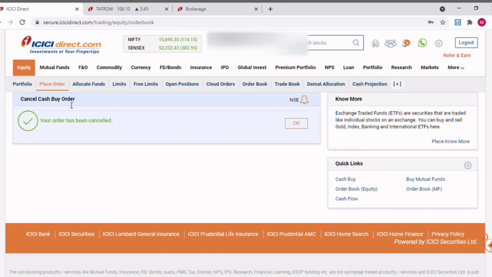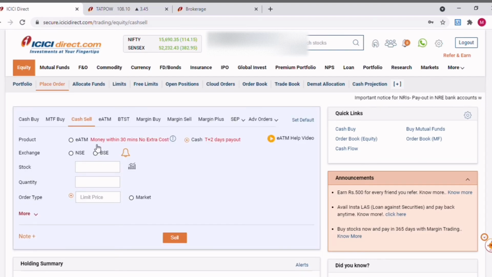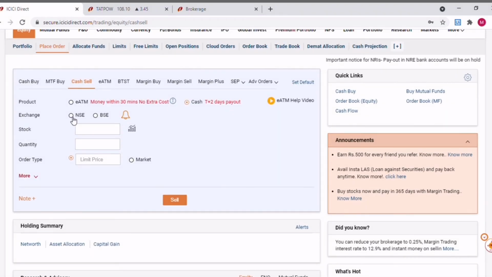Similarly, once you have bought some stock and you want to sell that particular stock, it is the same process. You should be able to see a similar option called cash sell. You need to select that, then select the exchange, and select the same stock which you have bought. In this case it is Tata Power.